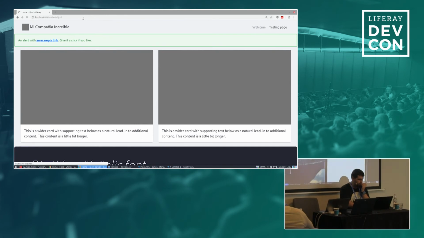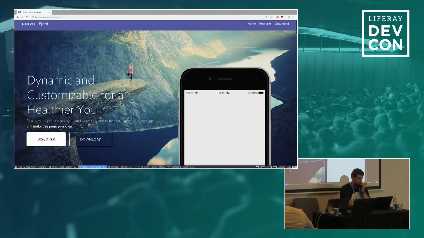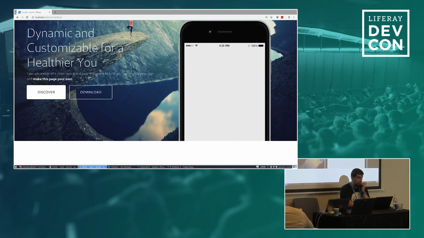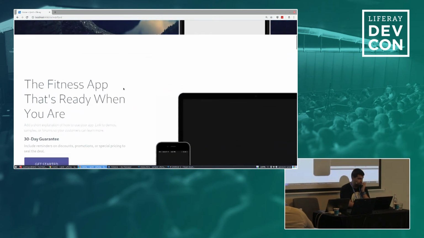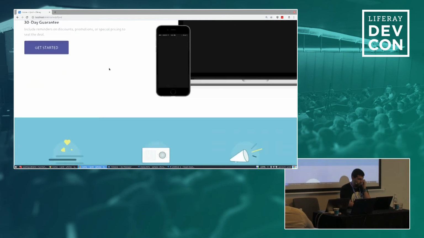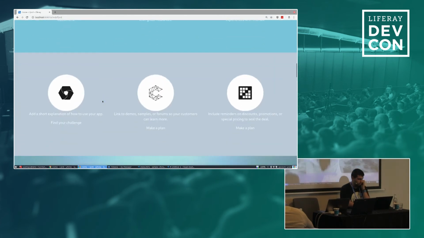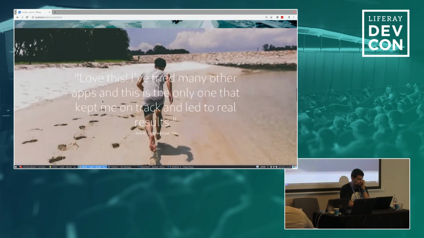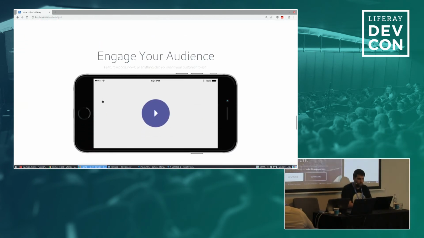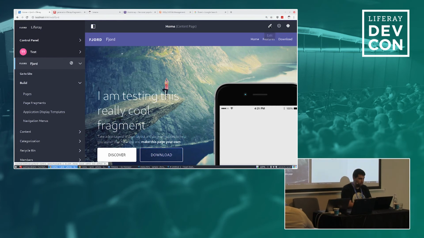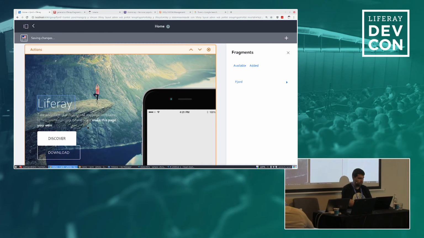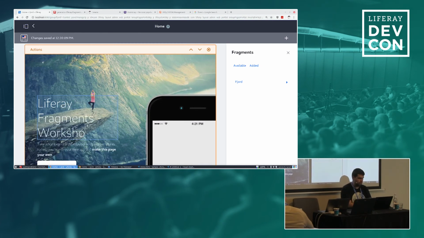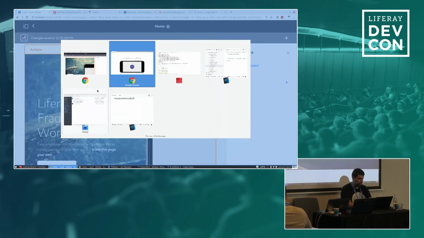Okay, this page is done entirely with fragments. So although we know we have the limitation of having a single column right now, for example, for landing pages, fragments are perfect because it's just creating this HTML content using the CSS you have in your theme, and here you go. This is a page made with fragments, and I can show you that here we can actually edit it and see here Liferay fragments workshop. If I edit here and I reload,